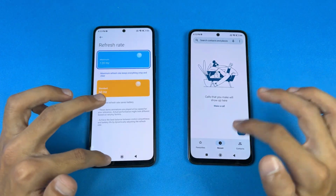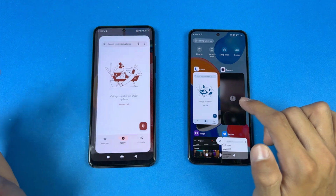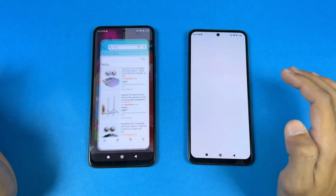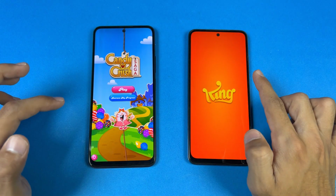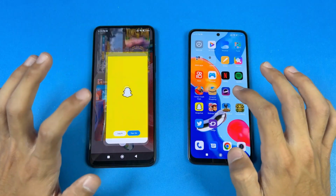So phone dialer, that is not refreshed. I accidentally opened the settings. So phone dialer also not refreshed. And now let's see settings, still there. And now let's see Amazon shopping, that got refreshed on the Note 11. Candy Crush Saga refreshed on the Note 11. Instagram, Snapchat,